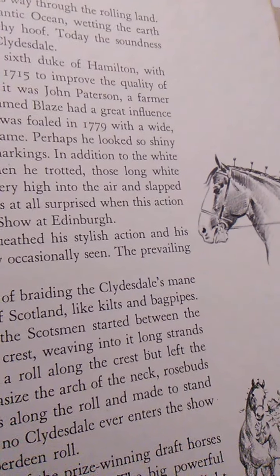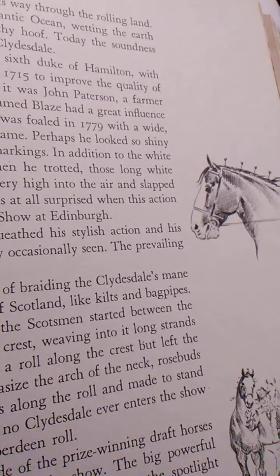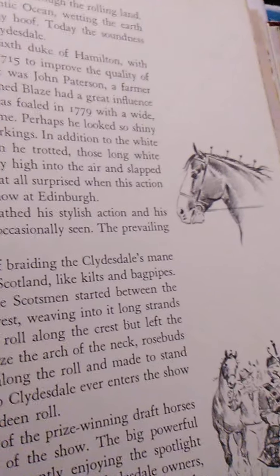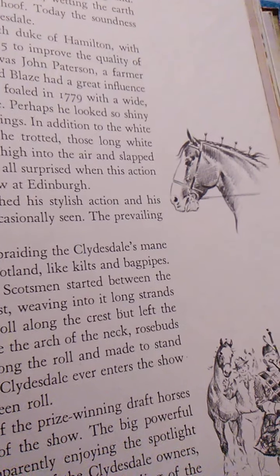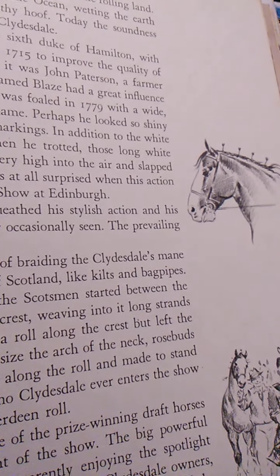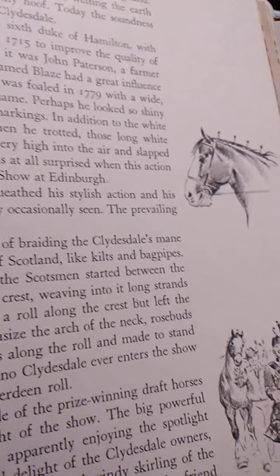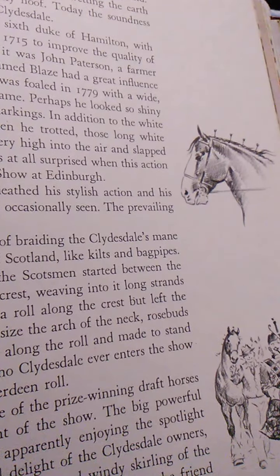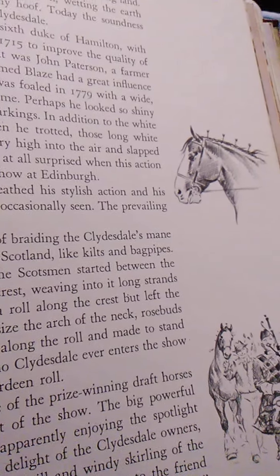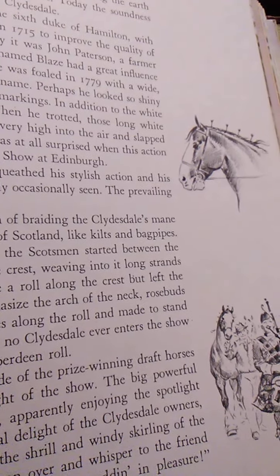Of all the draft horses, the Clydesdale is the showman, his long, reachy stride covering ground as if he wore seven-league boots. It is his action and stamina that have made him the long-lived dray horse, still to be seen on city streets, but more often in pairs or big hitches on farms all over the world, in Midwest United States and in Canada, in Australia and New Zealand. Clydesdale teams plow and harrow and harvest,